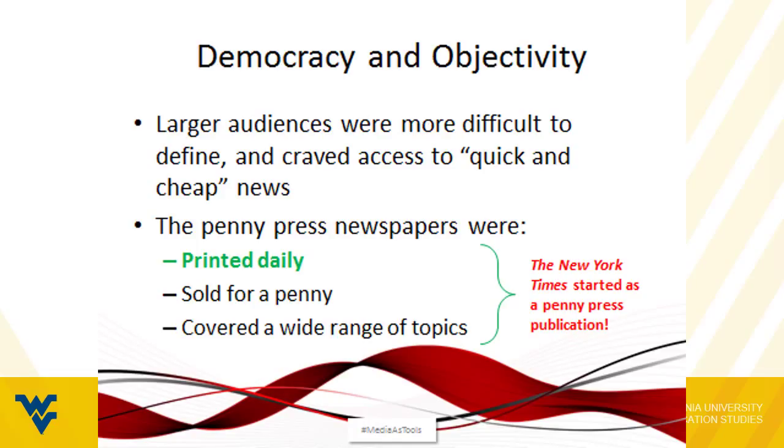Democracy and objectivity are kind of an interesting thing because larger audiences were much more difficult to define. As the audience for the newspaper got bigger and bigger, it was increasingly difficult to define what they specifically want. If you're writing a magazine for the political elite in New York City, you could talk about Manhattan, you could talk about England, you can talk about stocks, you can talk about trade, and you know who's reading your newspaper. If you're writing a newspaper for the entire city of New York, that becomes difficult because suddenly now you've got millions of people from different ethnic backgrounds, different social backgrounds, different economic backgrounds,